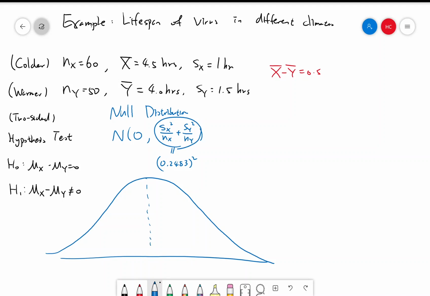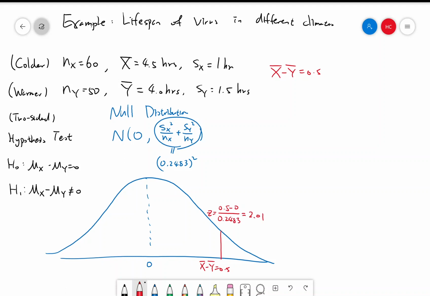So the null distribution has mean 0, and x bar minus y bar is 0.5. Let's first find the z-score of this number. The z-score is 0.5 minus the mean divided by the standard deviation, which is equal to